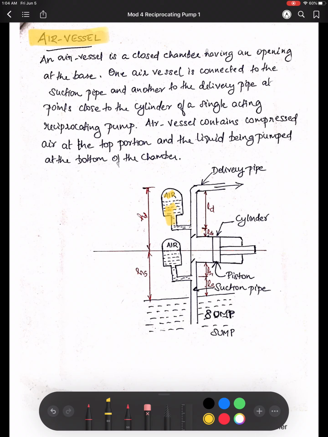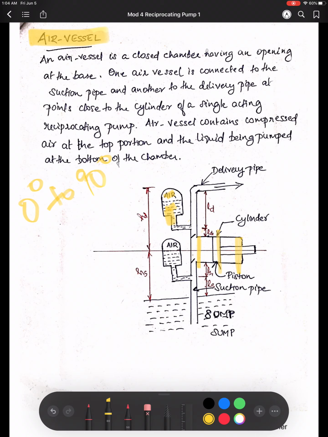I'll explain the working principle of air vessel. I'll explain the suction part first. Now, as you can see, during the suction process, pistons move from this position to this position, right? That is, during the first half, piston moves from 0 to 90 degree. Now when it reaches 90 degree, the piston will be at the middle position. So during the first half, there is acceleration in the piston, right?